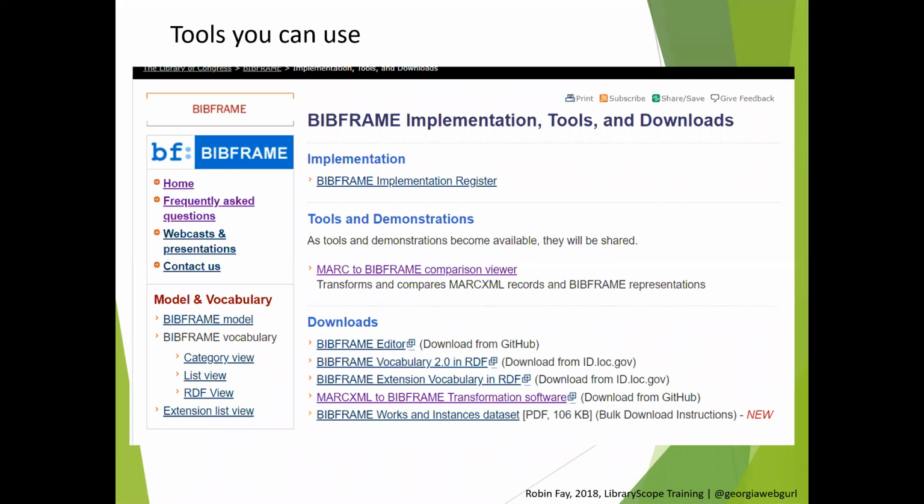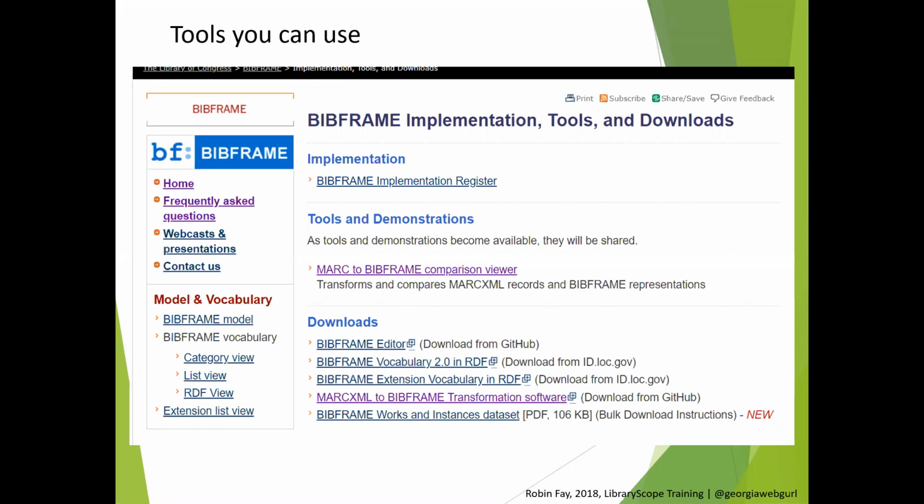That MARC to BibFrame comparison viewer can be a little challenging because you have to find an LCCN, the Library of Congress number. The number is used in the comparison tool, and you've got one in my examples there that you can pull up. But you can also look in OCLC or your ILS and find something from the last few years, or look up Snoopy on Wheels, because that's in there. Get the LCCN for Snoopy on Wheels from OCLC or WorldCat, wherever you get your number from. You just need the LCCN. That's the only thing it can